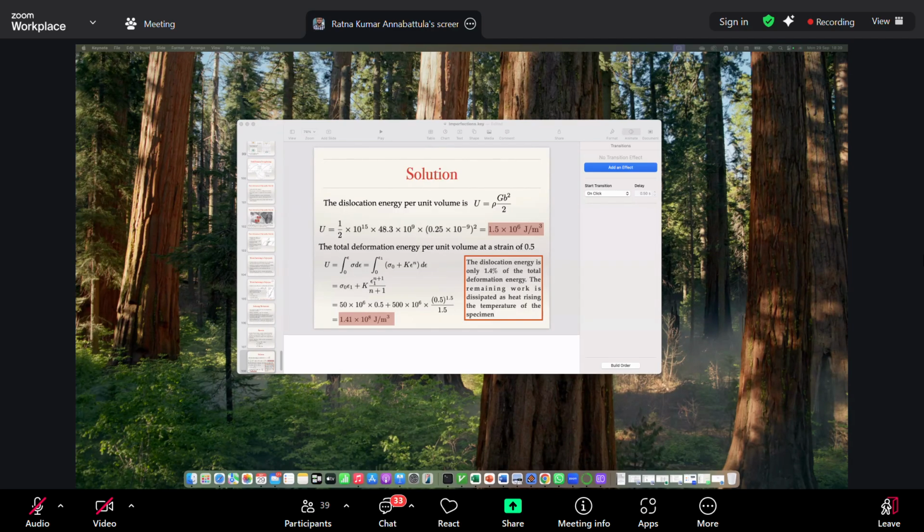crystals. And we have also seen something called thermal softening, wherein during the plastic deformation, a large fraction of the energy is dissipated as heat, and that dissipated heat can increase the temperature of the specimen. That increase in temperature, if it is not dissipated well, will increase the propensity of the dislocation motion. That means that you are providing more energy, and hence dislocations find it easy to move. So that is how thermal softening can take place. So, in a nutshell, this is what we have discussed as far as the plastic deformation is concerned